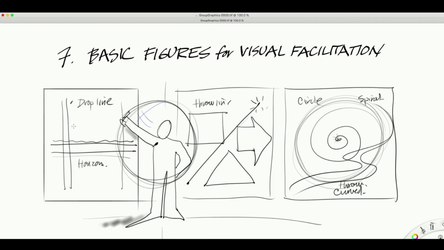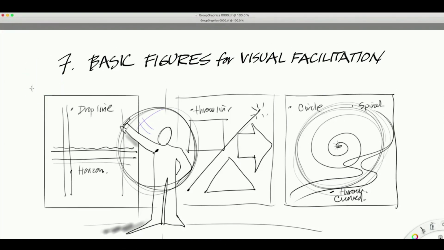So here you've got 1, 2, 3, 4, 5, 6. And the 7th, I probably should have said at the beginning, which is the bullet. The bullet points are actually little versions of these things. So you have little versions of these as a star, little versions as a square, a circle that's filled in, another little star. So these 7 basic movements, I call them figures, but they're really body movements,